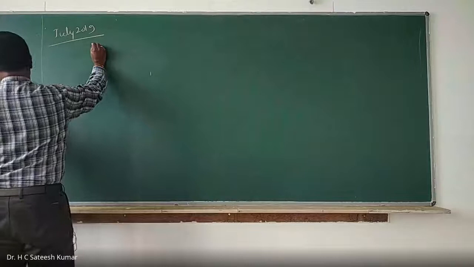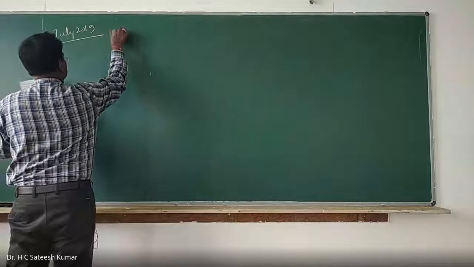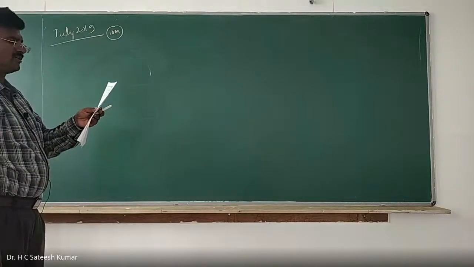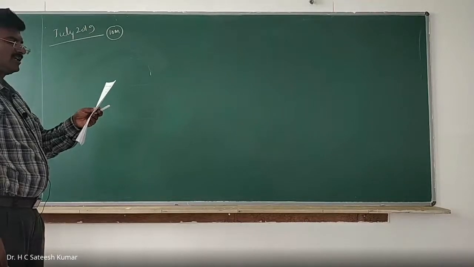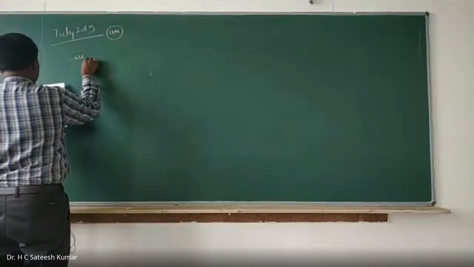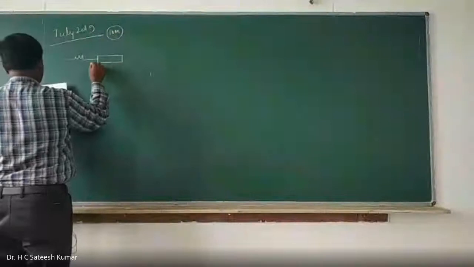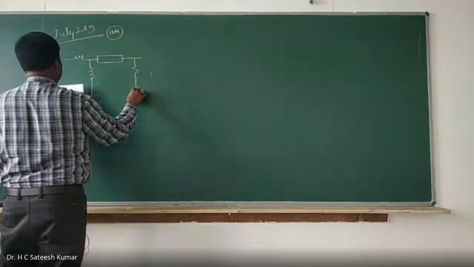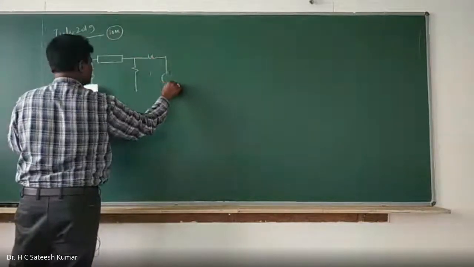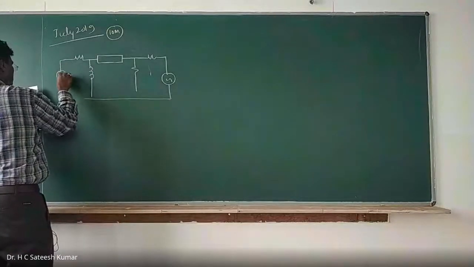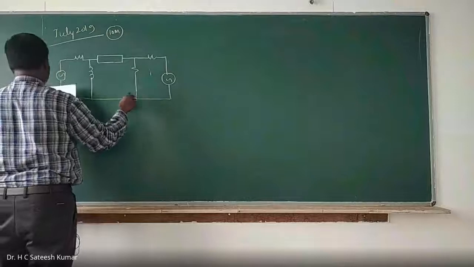And this question is for 10 marks. The question is something like this. Use the nodal analysis and find the value of Vx in the circuit shown below, such that current through impedance 2 plus 3j ohms is 0. Okay, it is given like this. Now it involves impedance, so complex values are there. And this is repeated 4 or 5 times in the examination.